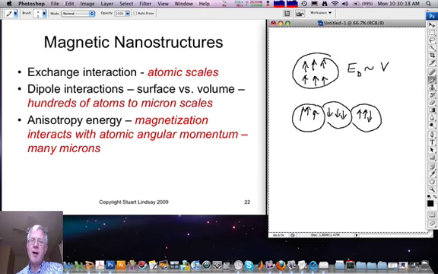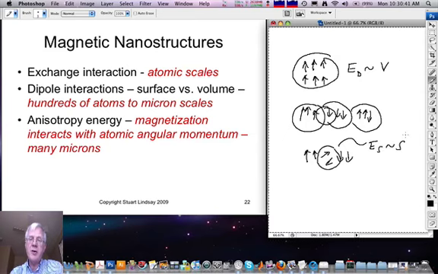This comes at a cost, however, because if you examine the walls between adjacent domains, one has to take a system in which the spins are aligned like this, and then in a neighboring domain like this, and therefore there is some region in which the local spins have to flip. And so there is a surface energy proportional to the size of the surface area of the domains, and the final domain size is set by an energy balance between the volume dipole energy and the surface energy associated with the formation of domains.